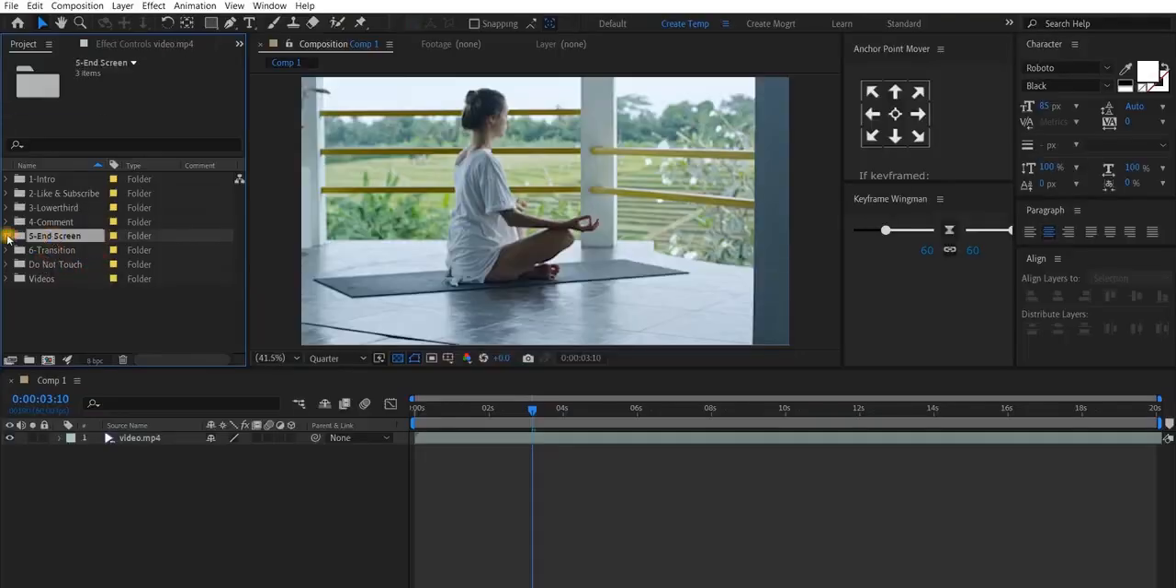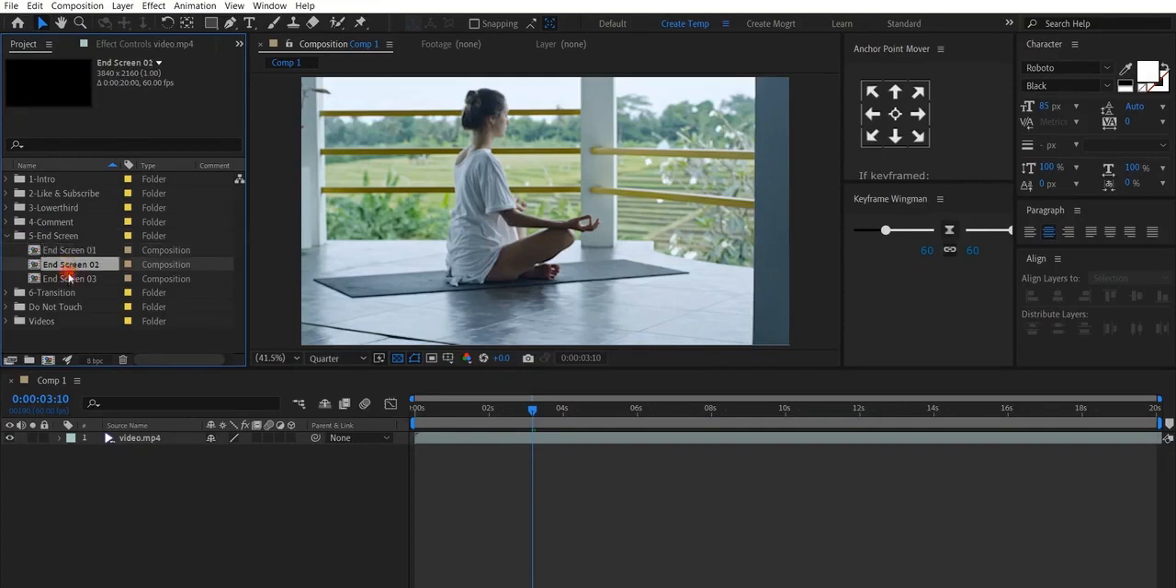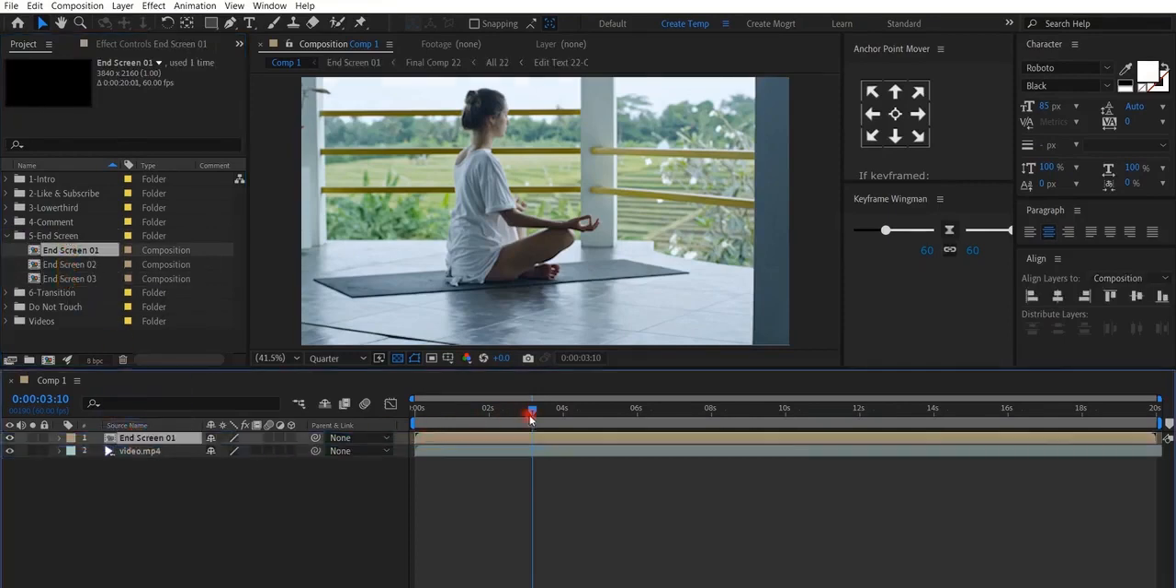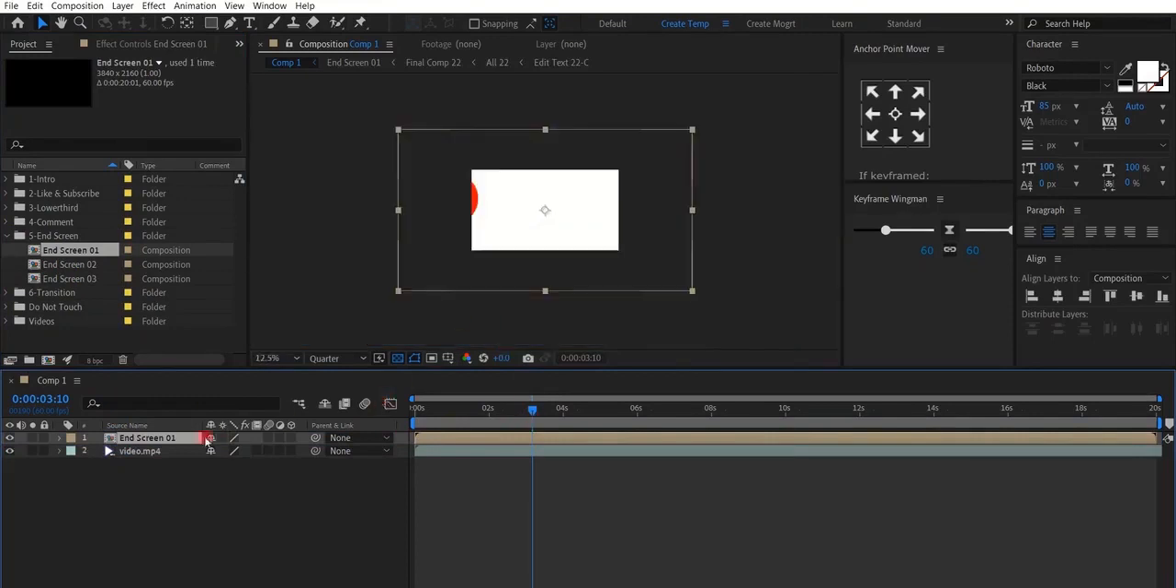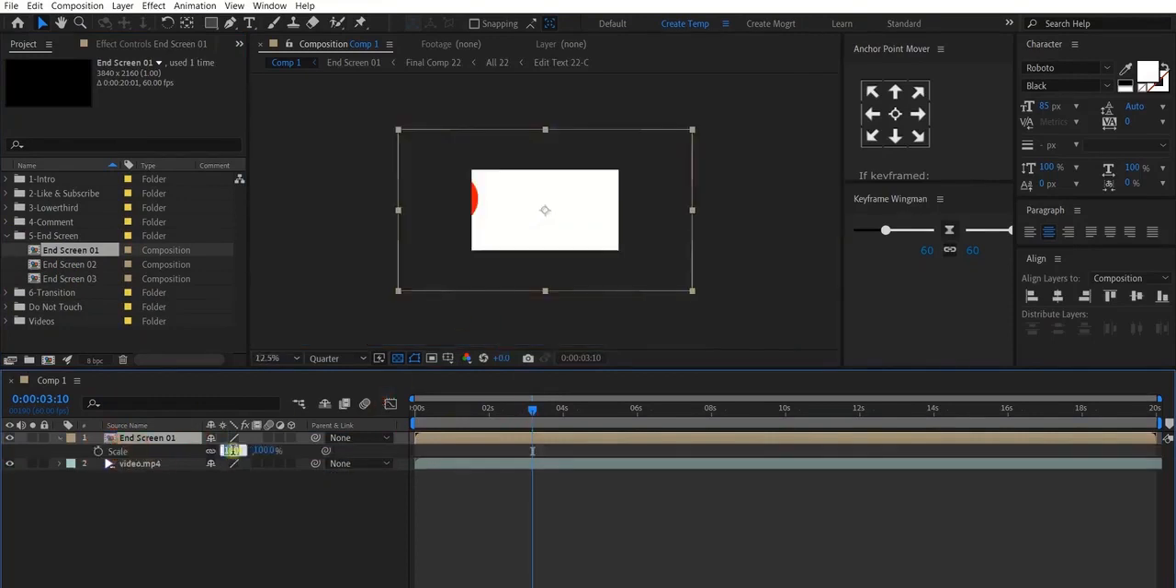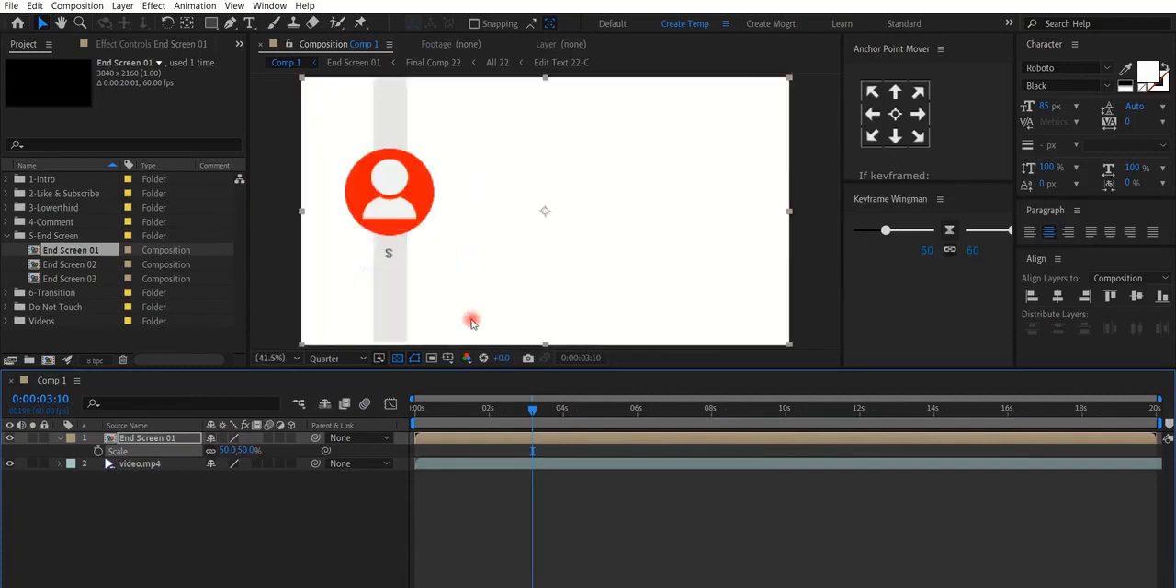Let's move on to the next one, the end screen. We have 3 end screen. For example, choose this one. It's big. Make it small to fit our composition. Move it a bit further,